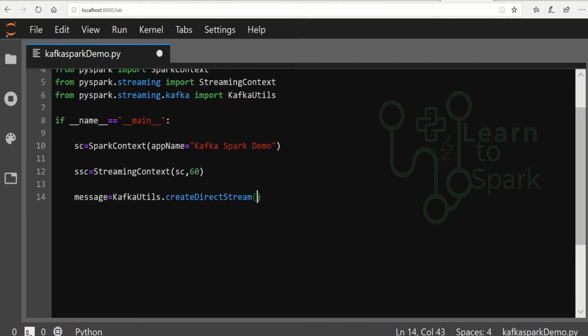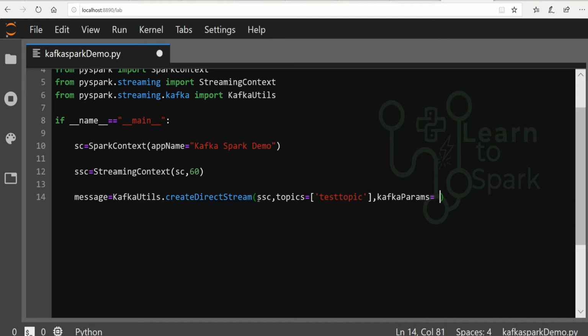The parameters to pass will be the same as in Scala. The first one will be the streaming context, second one will be the topics, and here we have to pass it as a list, and our topic name is test. I am hard coding the topics directly.